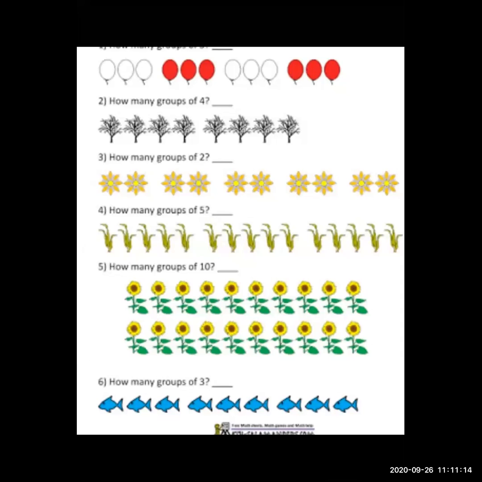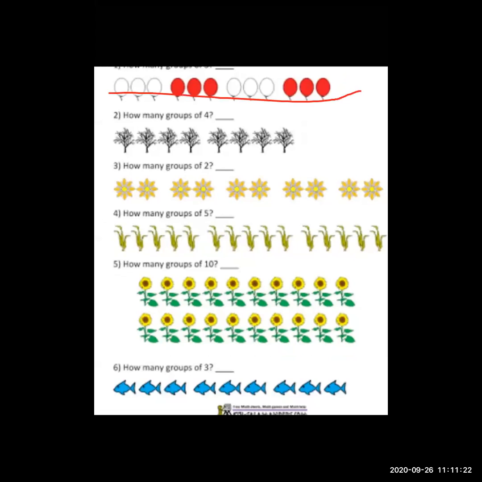First of all, you want to count it. Total, how many balloons are there? Count it total. Very good. And how many groups are there? 3 groups are there. Those students who are sending the answer 3, that is the wrong answer. How many groups are there? 4 groups. And in each group, how many balloons are there?